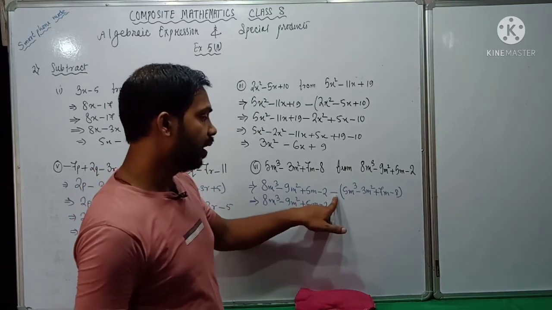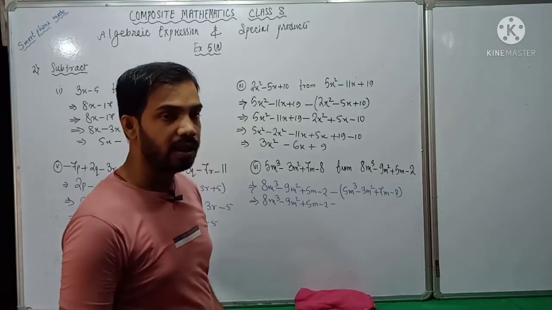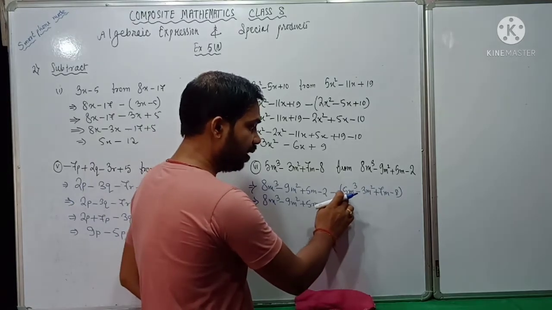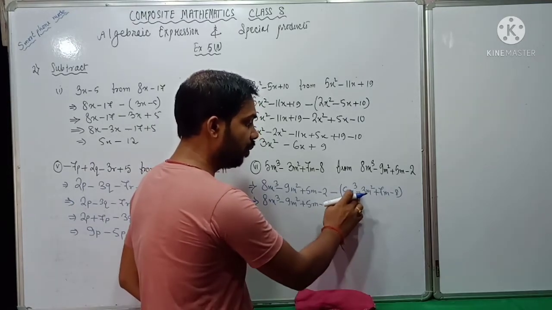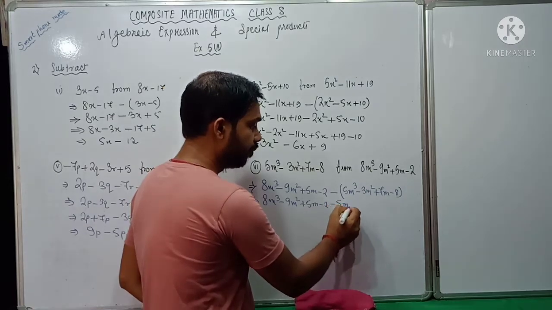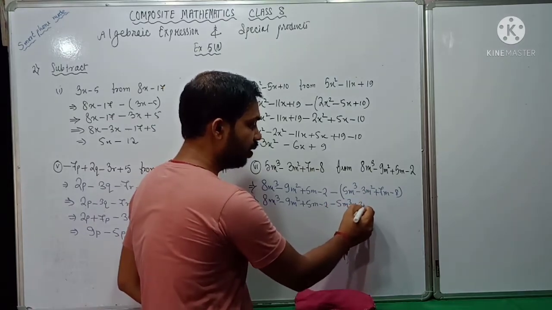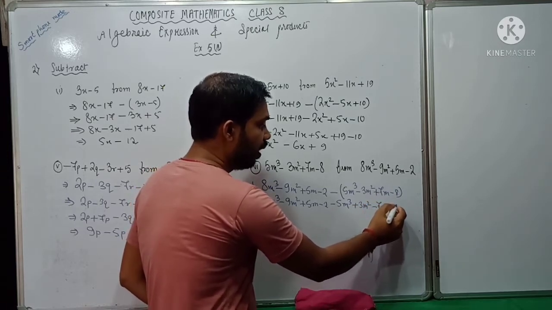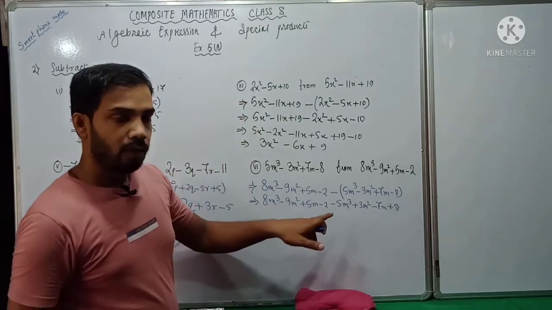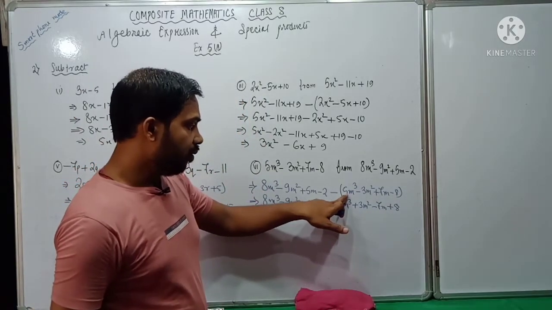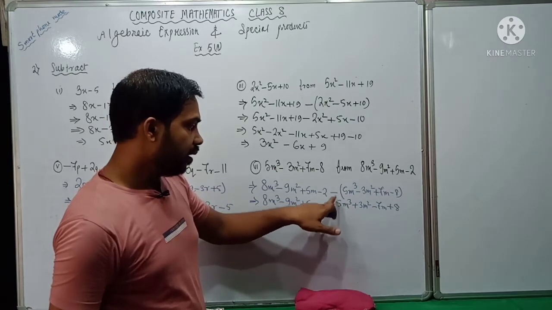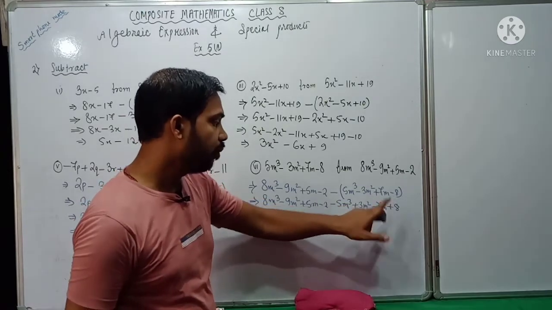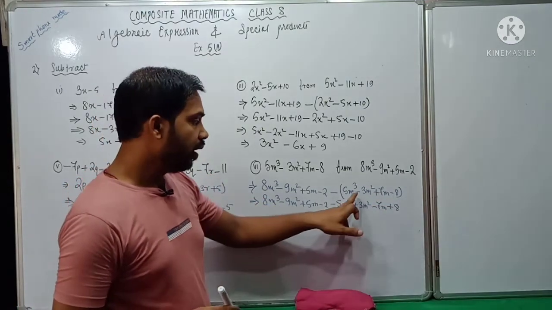Now what happens if I remove the bracket? The minus will be multiplied and the sign will change. What sign will change? Here what sign is here? Plus sign, then it will become minus. Here minus sign, it will become plus. Here minus sign, it will become plus. Here plus sign, it will become minus, and here minus sign, it will become plus. Understood? When this number is multiplied with their sign, minus and plus is minus, minus minus is plus, minus plus is minus, and minus minus is plus. Or simply you just change the sign.